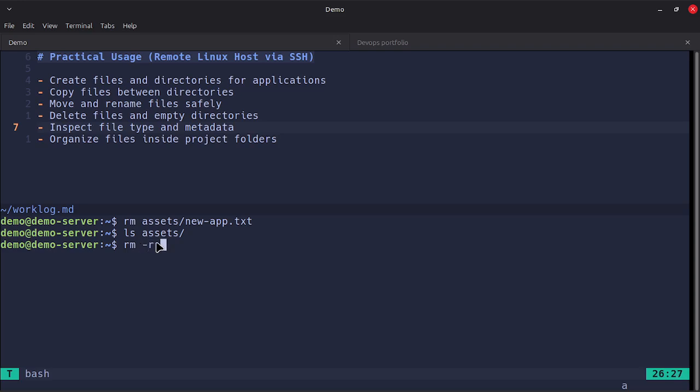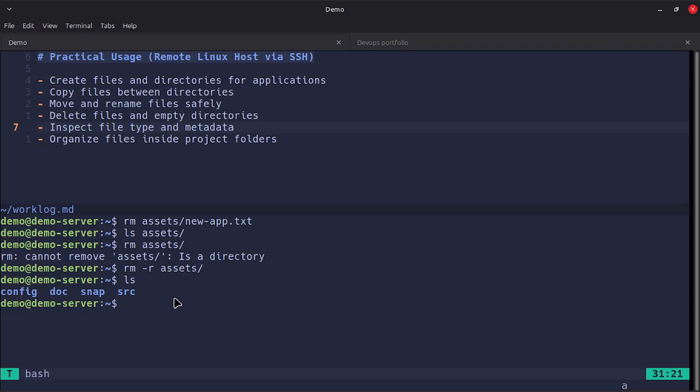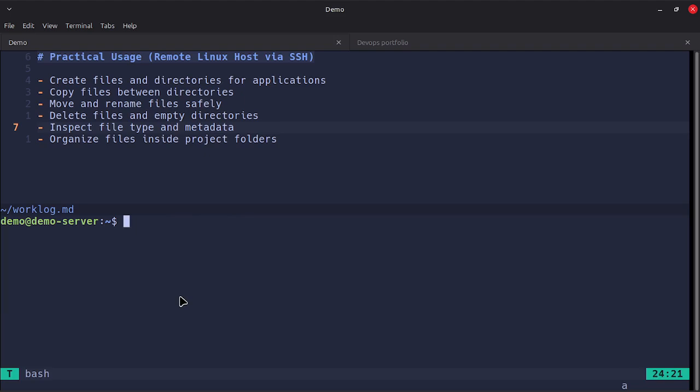rm with flag r, which means recursive, is needed for a directory, but let's try it this way first. Cannot remove directory because it's a directory. With flag r it's gone. Now there is no asset directory here. Okay, now